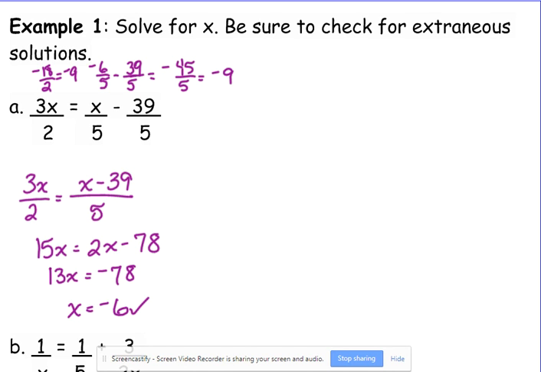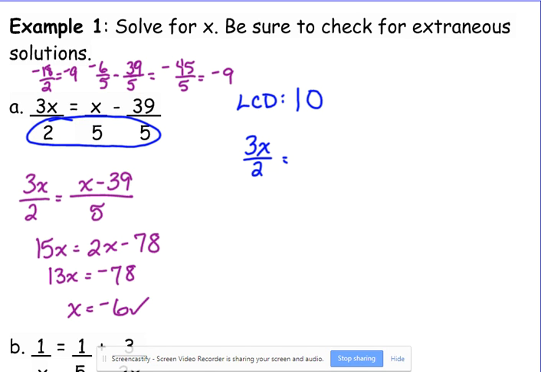Now, let me show you a different way to handle this. Okay? This is just like our complex fractions. Okay? We want to eliminate the denominators. So what is the LCD over the entire problem here? 10. Okay? The entire problem, look at all the denominators. The LCD is 10. So just like with our complex fractions, we can go through and we can multiply by our LCD to eliminate